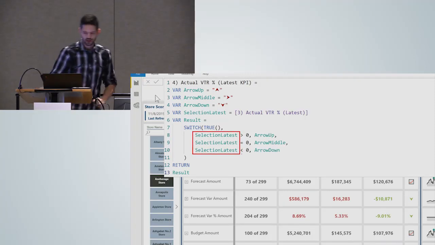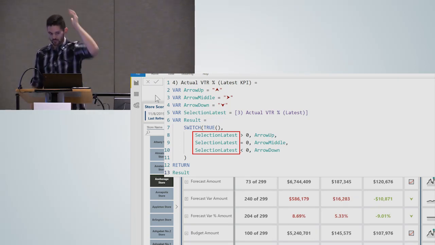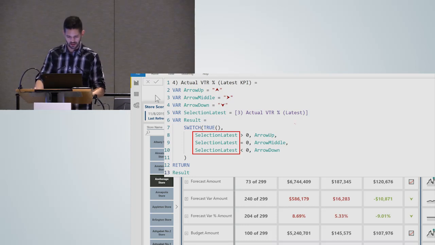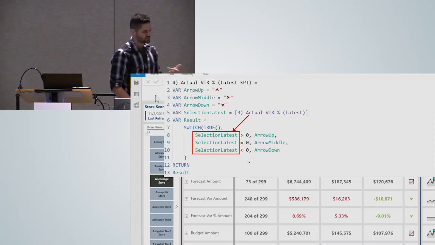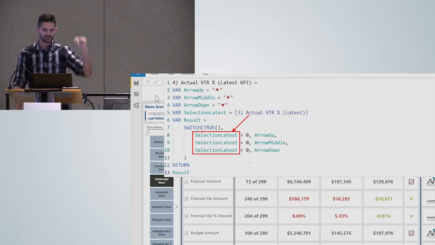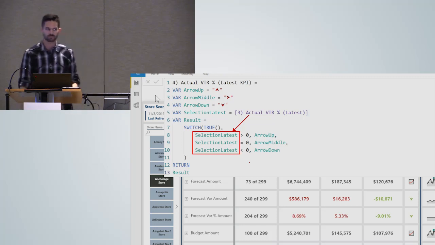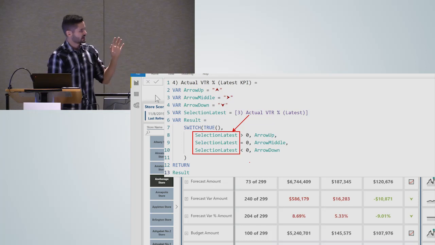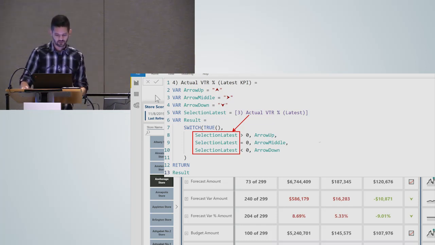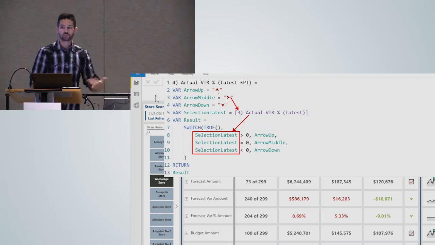Number 2 is performance. So this is being called upon 3 times in this section. And the reason I'm putting the variable there rather than the measure is that if I put the measure in here, it would start decreasing performance, because even though a first condition is met in DAX, behind the scenes it will sometimes calculate the remaining values if you have a lot of switch statements. So IF statements and SWITCH statements are one of the fastest ways to kill performance in DAX. And the solution to at least alleviating that is making sure that whatever is getting continuously called upon is declared as a variable. It basically caches that, stores it, and now you can reference it as many times as you need, but it's not going to recalculate it over and over again.